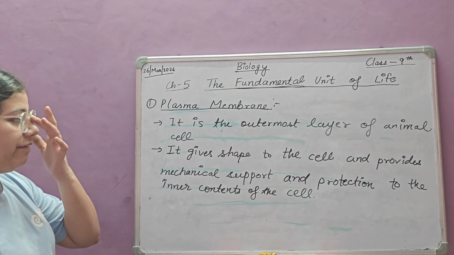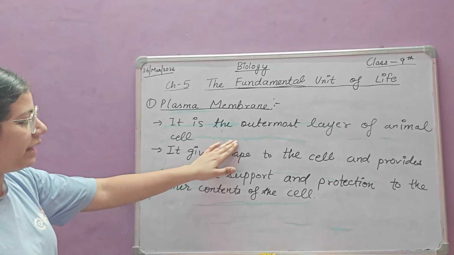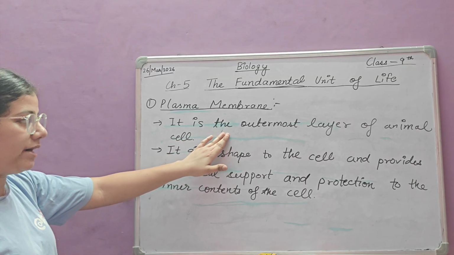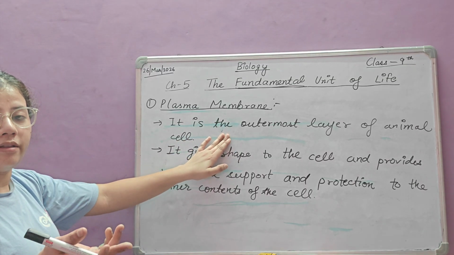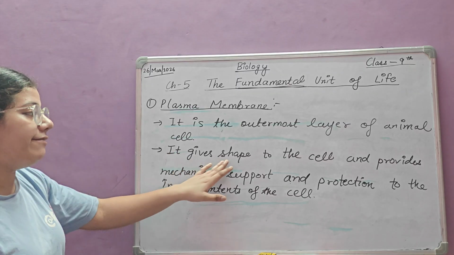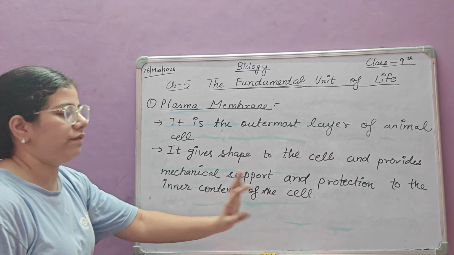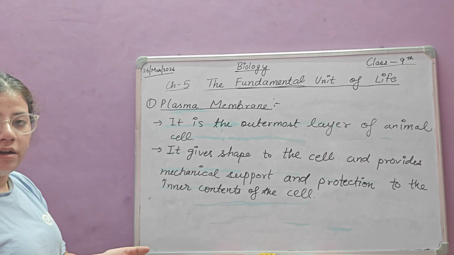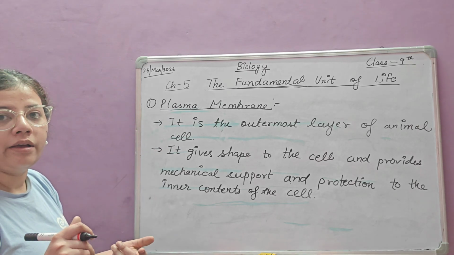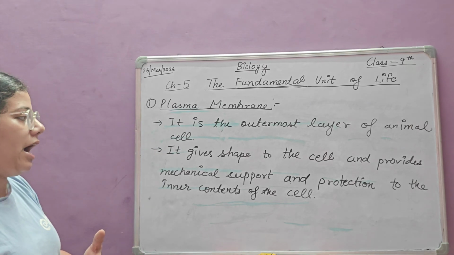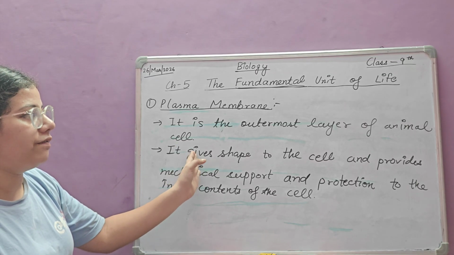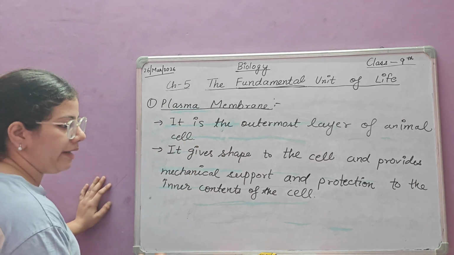So what I have written here: it is the outermost layer of the animal cell, not the plant cell. The plant cell has its outermost layer, that is the cell wall. It gives shape to the cell and provides mechanical support and protection to the inner contents of the cell. The inner contents like mitochondria, Golgi apparatus, and nucleus are protected because of the plasma membrane, and it is